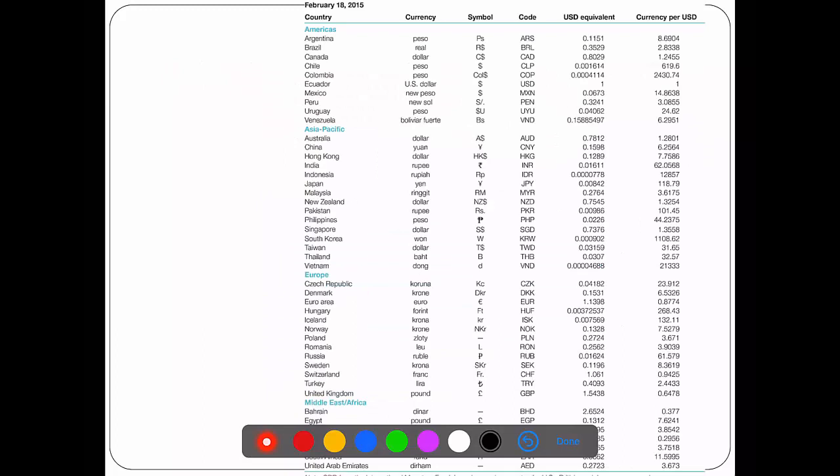This is the table from 18th February 2015. You can see, in case of Canada, in order to buy 1 unit of Canadian dollar, 0.8029 US dollars are needed. So how will things be quoted? What is the base currency over here? The base currency is Canadian dollar. So Canadian dollar, because we are buying 1 unit of Canadian dollar and we are pricing 1 unit of Canadian dollar in terms of the US dollar. So US dollar is